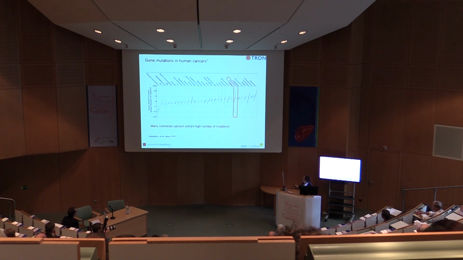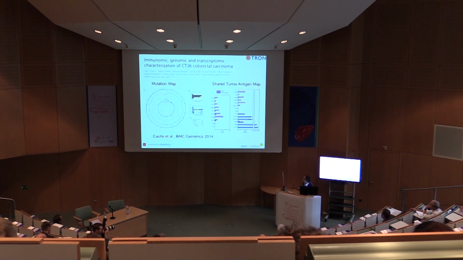We believe yes. Colorectal cancer, if you look at the number of mutations, is a cancer type having many patients with high numbers of mutations. We have tested a colon cancer model. CT26 is a well-known model. We got the mutation map for CT26 and identified the shared tumor antigen map for this tumor too, showing us that many shared tumor antigens are